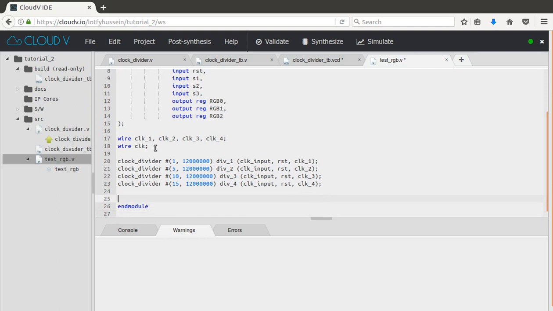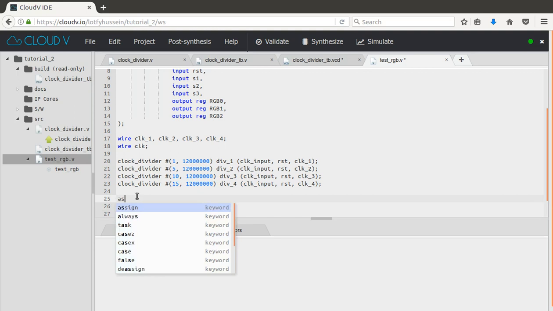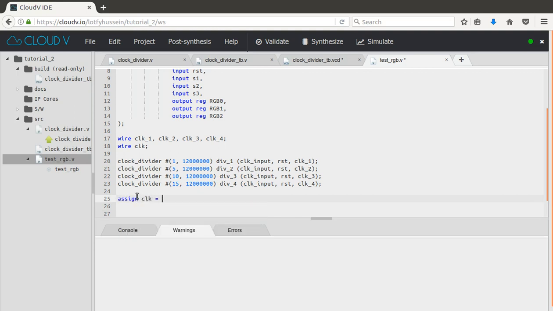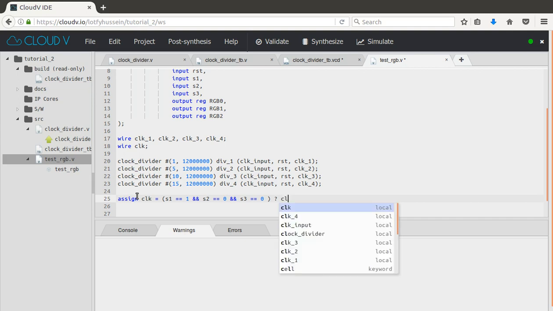Now we need to assign our main clock to any of these versions depending on these 3 inputs, which are the toggle switches. So let's do that. Assign clock equal. So if S1 is 1 and the rest are zeros, our clock is going to be equal to clock 2,